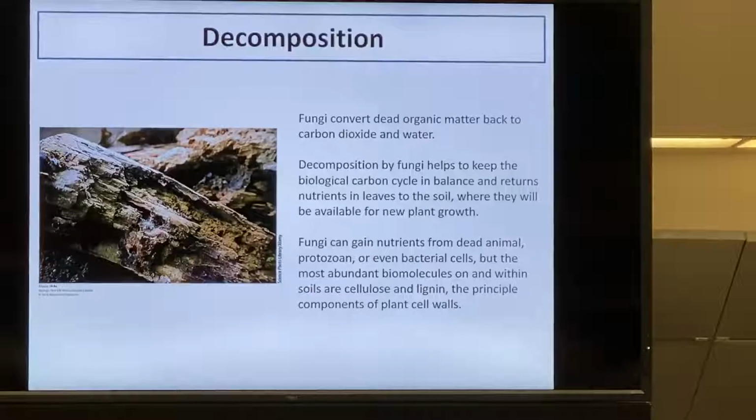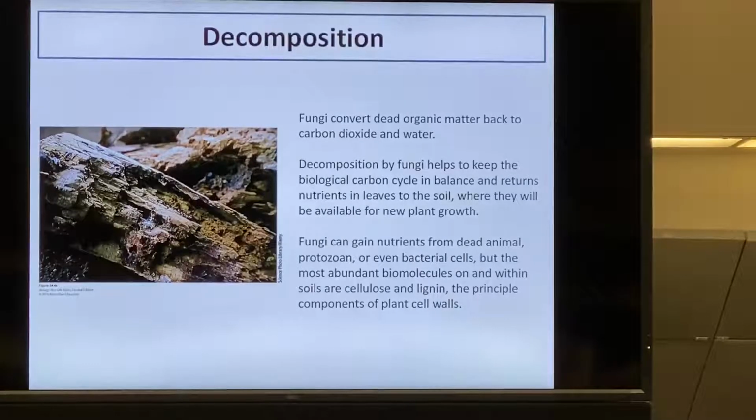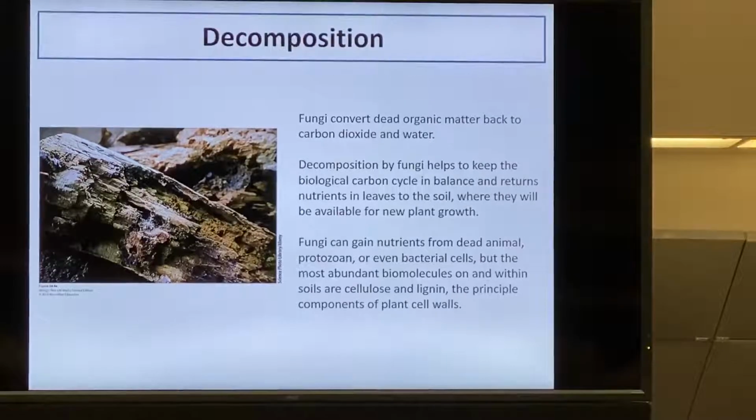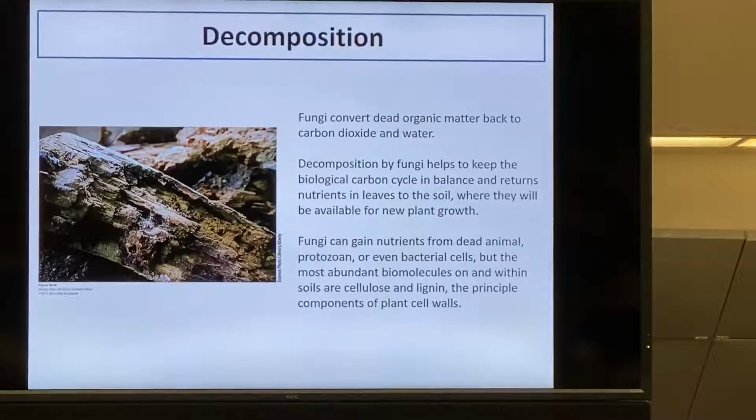Fungi can eat sugar. If you put yeast in a bottle with simple sugars, they will grow happily. And if you grow them in an environment with lots of oxygen, they will bubble away, producing CO2 from aerobic respiration, just like every other thing that can do aerobic respiration. If you bottle them up so that no more oxygen can get in, they'll produce a little bit of CO2 and then a bit of alcohol.